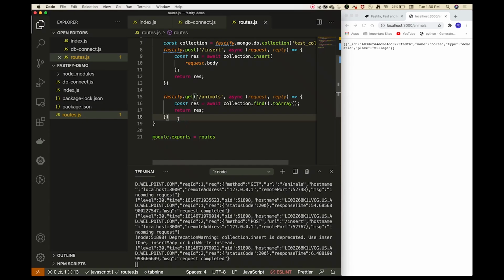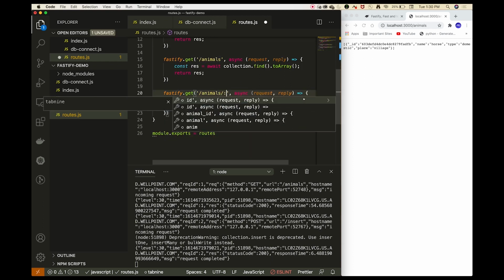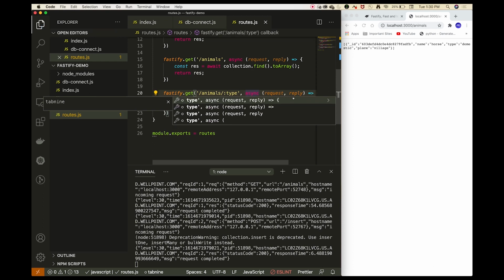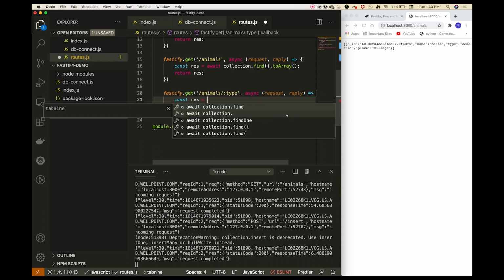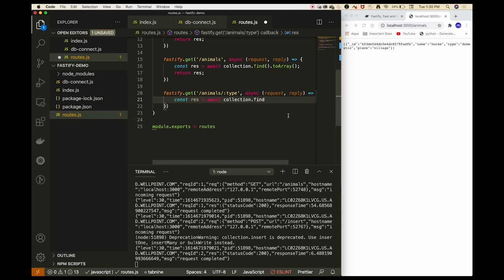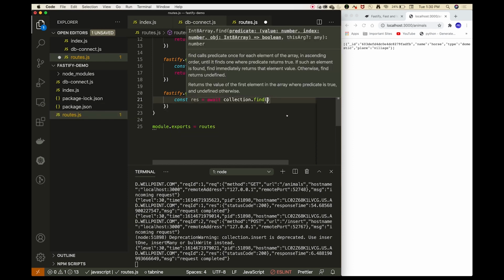To practice more, let us create one more get method which will return the animals of a specific type. To take an argument like that, we just give a colon and the parameter which we want to access in this method. How we will use that is, we'll create a response, and in this response we'll write a find query.